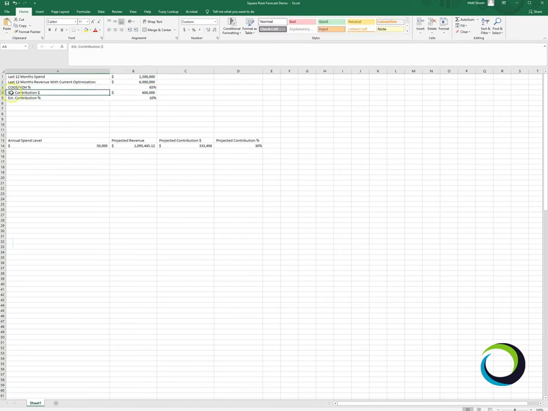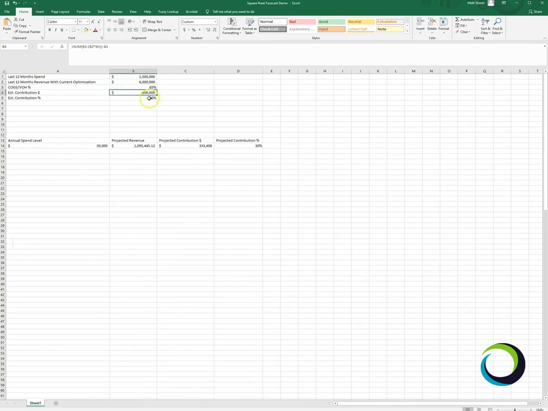Estimated contribution dollars. Contribution dollars is your revenue less your cost of goods and variable overhead less your spend. So this is operating profit from the channel. This is the portion of revenue that's going to help cover fixed costs for the business, like salaries and rent and so on. On this model, we have 6 million in revenue. After 65% COGS and variable overhead, and after 1.5 million in spend, we're left with $600,000